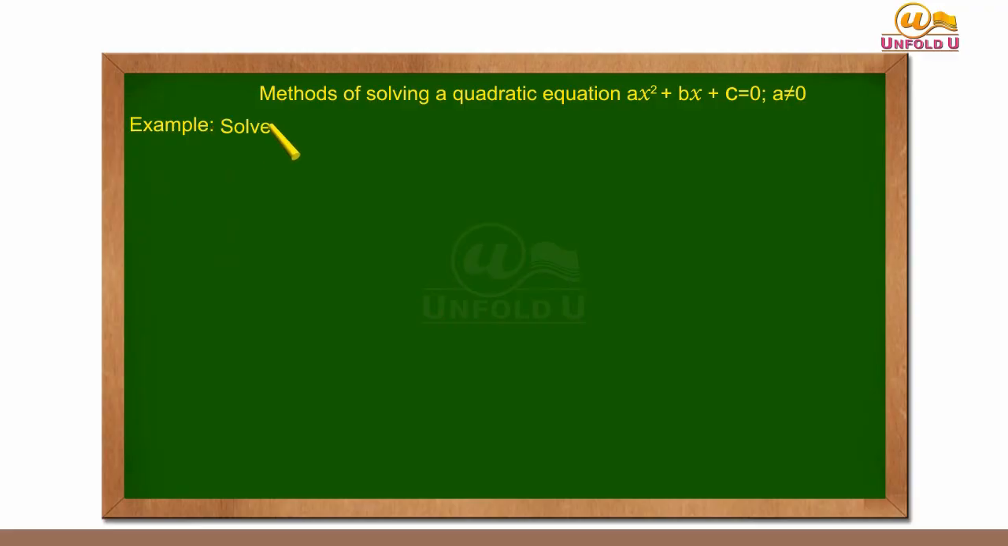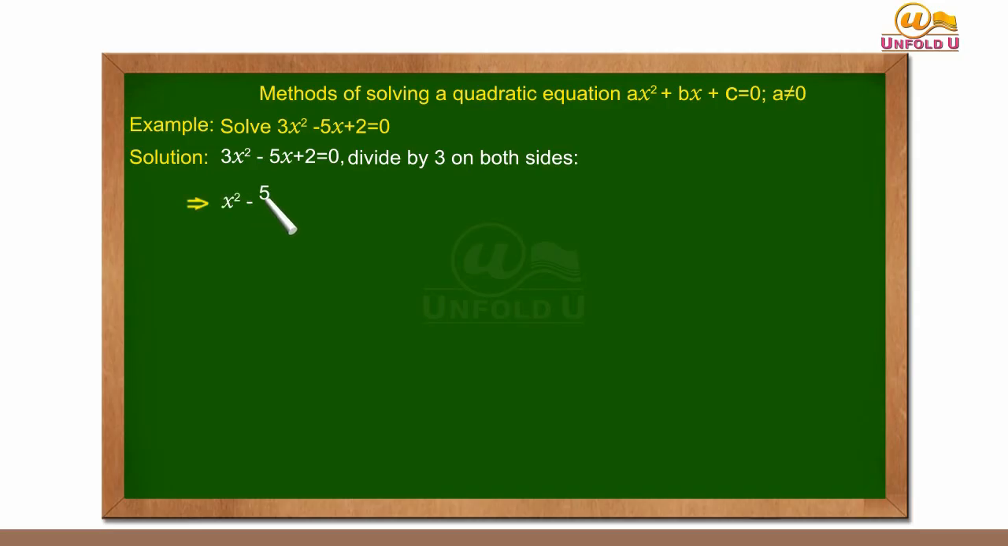Example: solve 3x² − 5x + 2 = 0. Solution: 3x² − 5x + 2 = 0. Divide by 3 on both sides, which implies x² − (5/3)x + 2/3 = 0, which implies x² − (5/3)x = −2/3, which